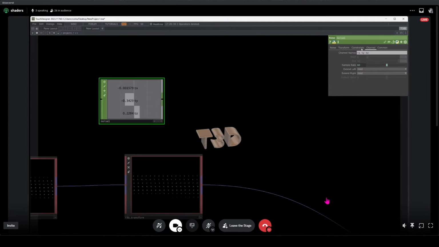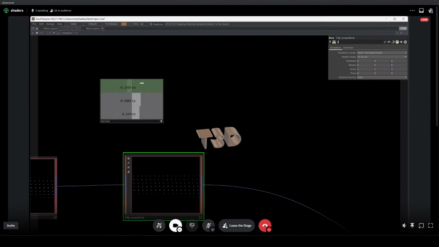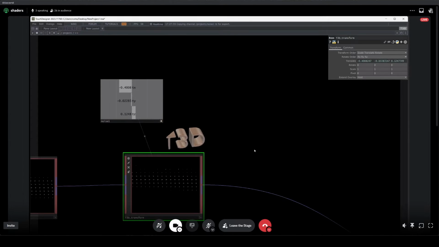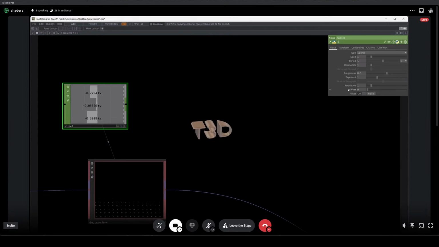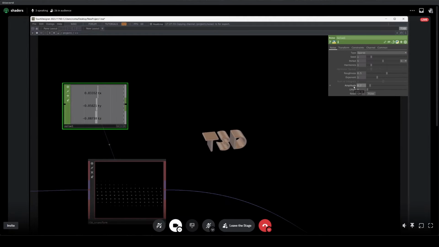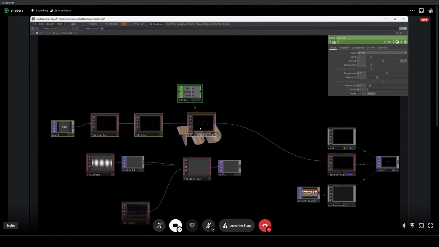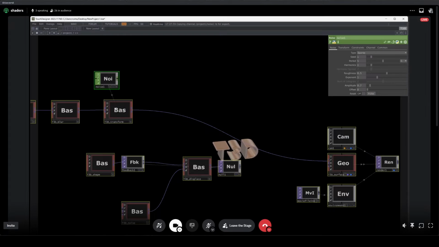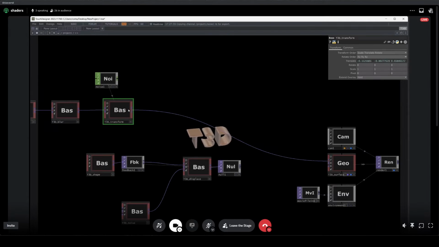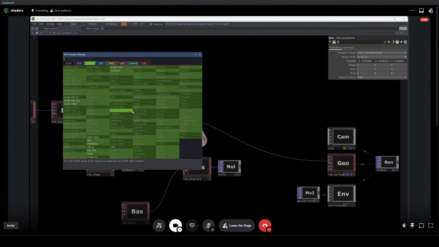So I could take a noise, maybe increase the resolution, the period, and put that in the translation here. So it's now moving through space, maybe decrease this a little bit. So it's now moving through space, but what I wouldn't be able to do with geometry is, again, I can use a feedback